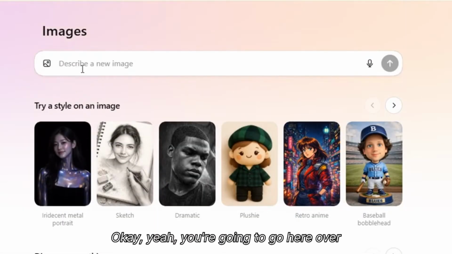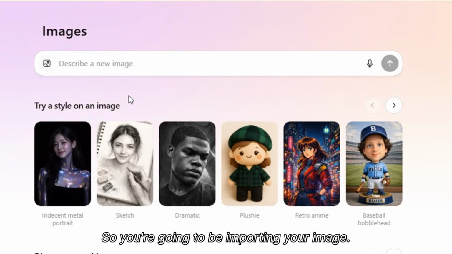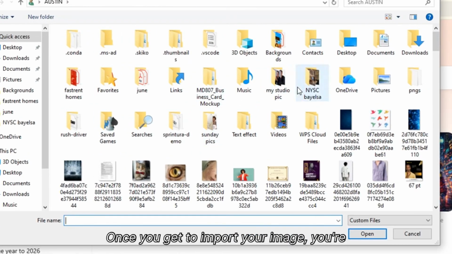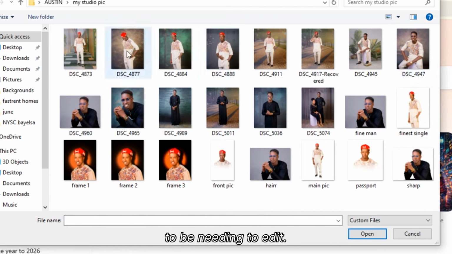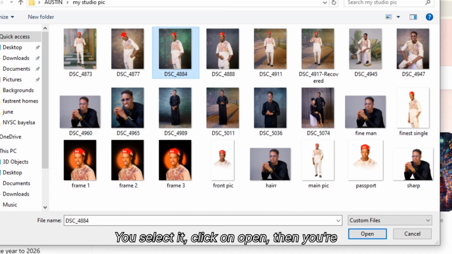Okay, here you're going to head over to ChatGPT and you're going to input your image right here. So you're going to be importing your image. Once you get to import your image, you're going to select the particular image you need to edit. So let's go with this one. This one looks pretty nice. You select it, click on open,